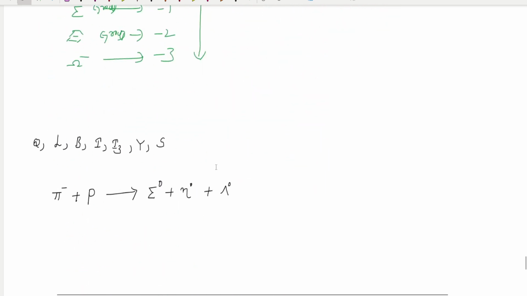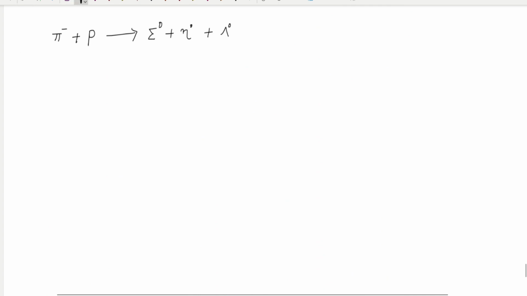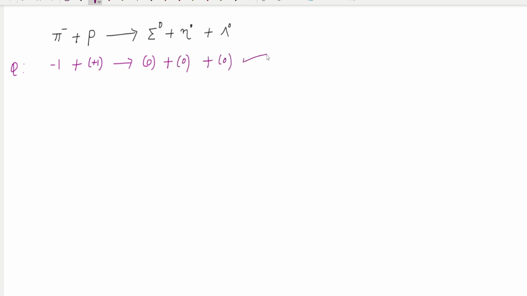So here I'm going to check this equation. First, charge. Charge is conserved or not. Okay, first here I'm going to check charge. This is -1, proton charge +1, tends to, this is 0, plus charge of this one 0, plus charge of this one 0. So charge is conserved. Then I want to check this one,